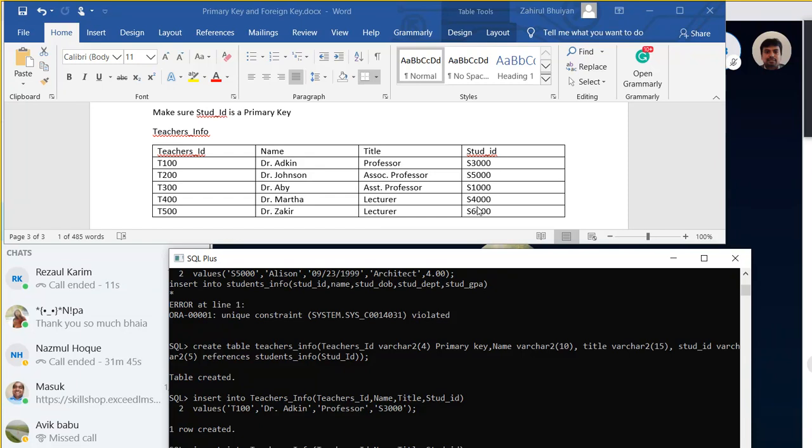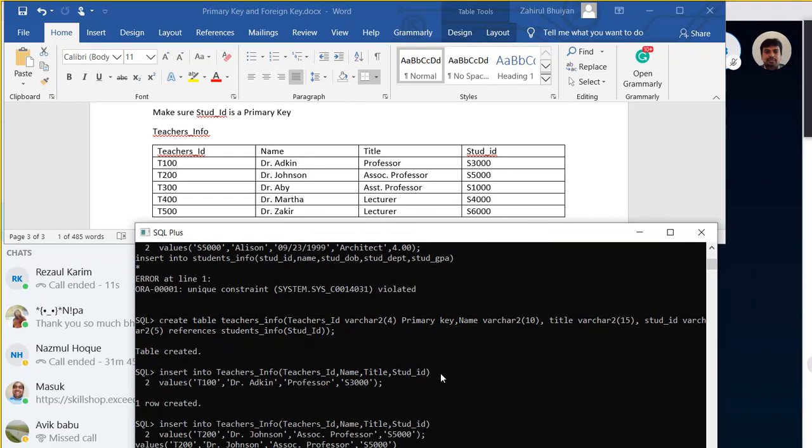Dr. Johnson. What size did we put here? Yeah, no problem. I'll take care of it. But how many characters are we inputting here? Dr. Johnson,